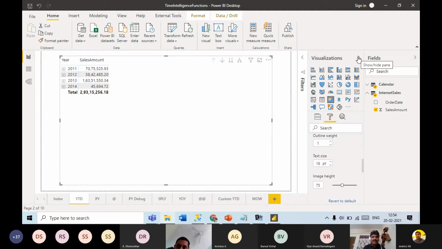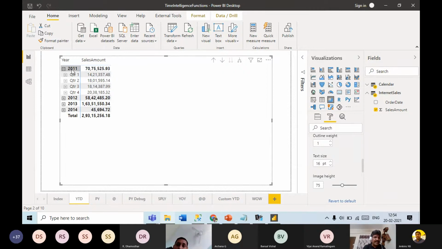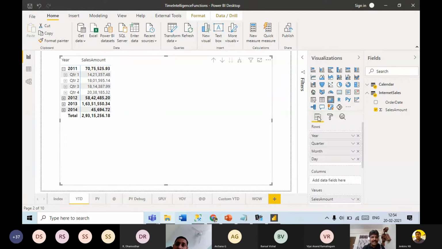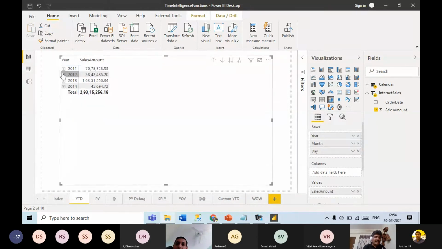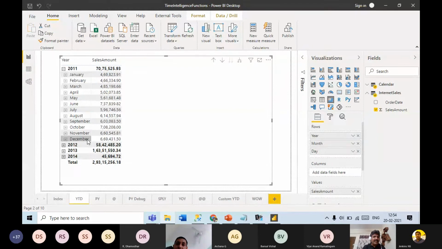So this is our data, where we can see year, quarter. I have just changed the visualization from column chart to matrix. What I'll do is take out this quarter and just keep month. Year and month. So in 2011, this was the sales amount, and in January, this was the revenue, all those things. Now I want to do year to date calculation.